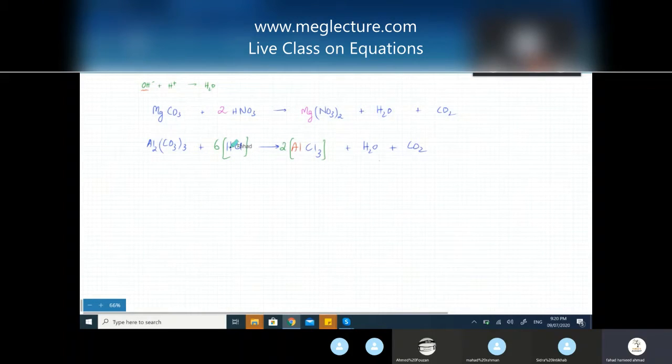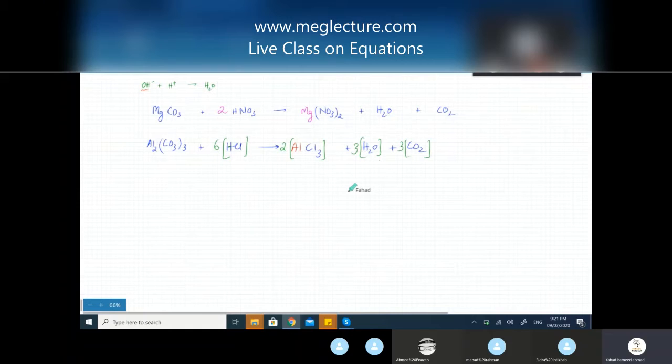So you can balance hydrogen now. There are 6 hydrogens over here. So you multiply this by 3. So then the least number of places where the remaining one is, focus on carbon. Forget oxygen for a second. Carbon, how many carbons do you have? There's only one carbon. You put brackets by 3, so that's 3 carbons. So I'll multiply this by 3. Now the difficult one would automatically be balanced. How many oxygens? They are CO3 thrice, so that's 9 oxygens. There are 3 oxygens over here, and 3 into 2, that's 6 oxygens over there. So that's automatically balanced. Okay.